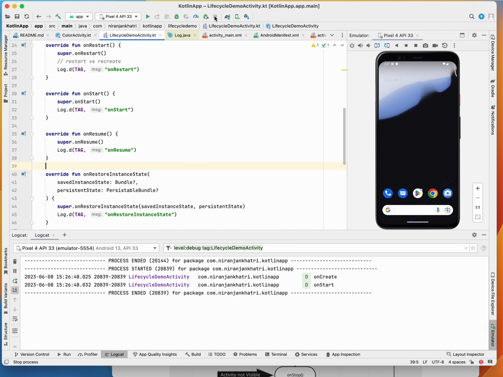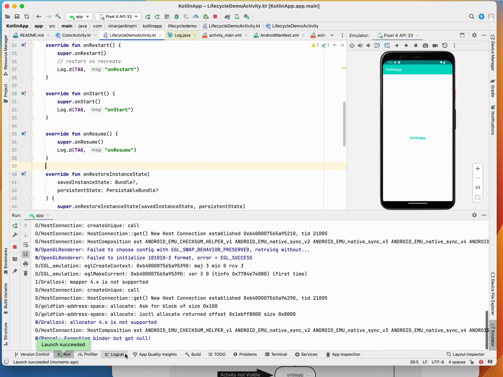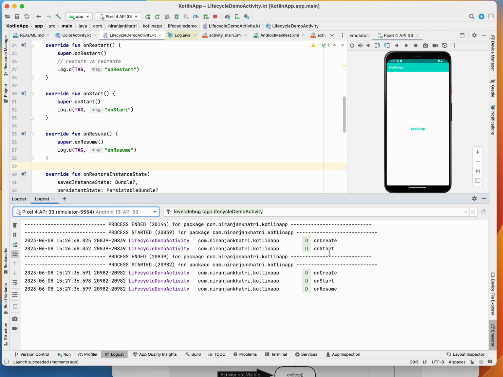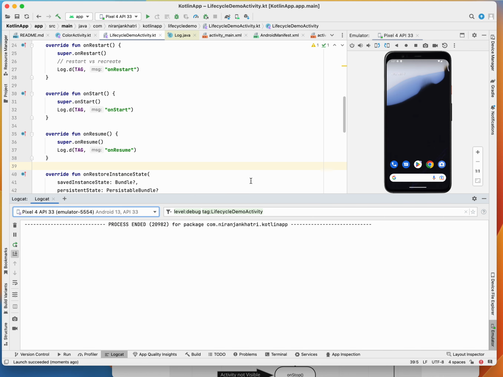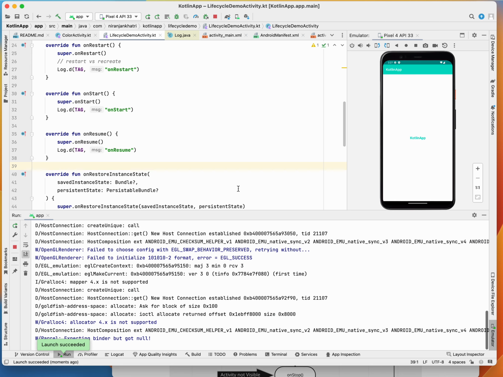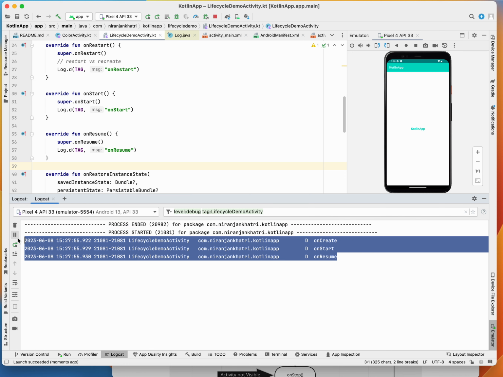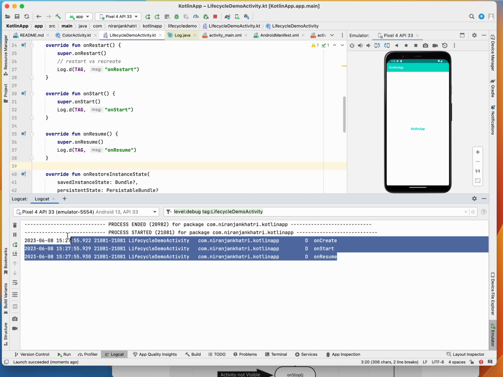Okay, let me kill my application. Let me run it again. Let me go to my logcat. Now you see. Okay, let me cancel this, guys, because I see that it was written there twice. Okay, let me run my application. Okay, so yeah, here is what I was trying to explain to you, and where I was trying to arrive